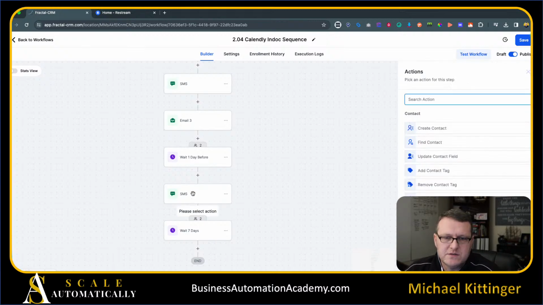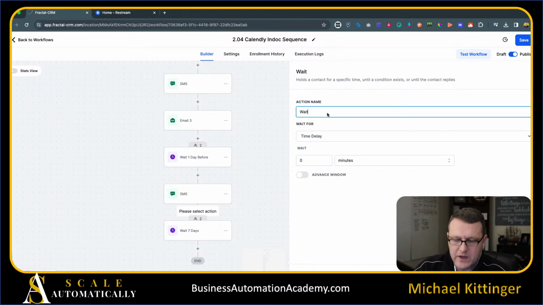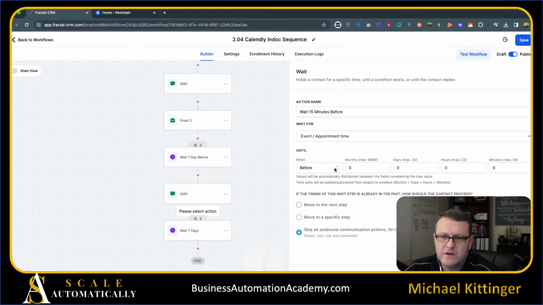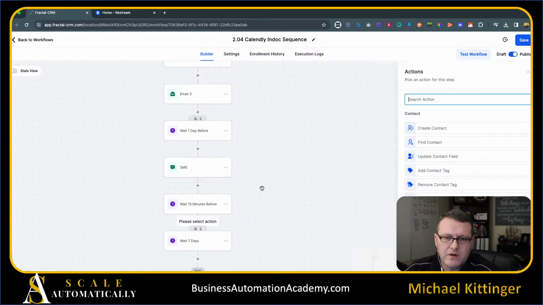And then here it was waiting 7 days. I'm actually going to put a wait step in, and we're going to say wait 15 minutes before the event. And if it's less than that, it's just going to skip this step, which is perfectly fine. So now we're going to wait 15 minutes before, and we are going to put a simple if